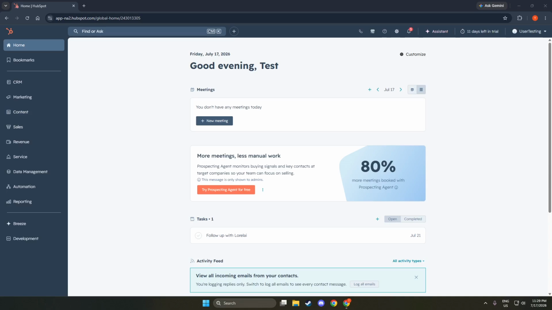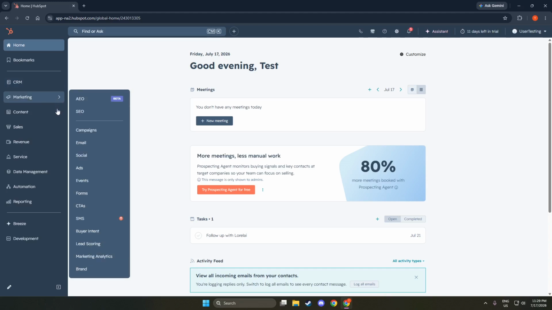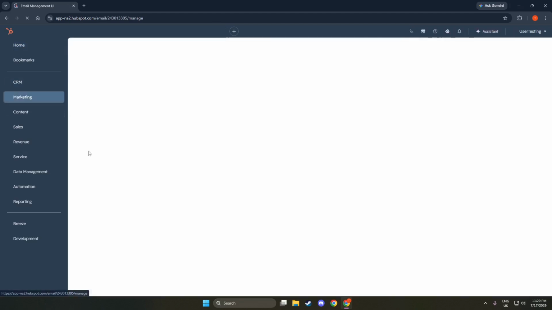Next, go to Marketing and then select Email. This section is where you'll manage all your email campaigns. You'll see options to create new emails, view drafts, and analyze past performances. By navigating here, you are positioning yourself to utilize one of the most powerful features in HubSpot. A/B testing can significantly enhance your email marketing effectiveness, so make sure you're fully in the right section before proceeding.